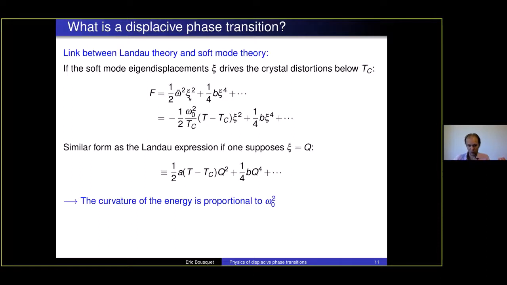We have an energy expression that is going to depend on the atomic displacement squared, I mean the phonon eigenvector squared, plus the phonon eigenvector to the fourth, and so on. And you can describe the energy landscape with respect to this pattern of displacement that I call Xi. But this Xi is coming from the phonon vibration actually. And within this picture, the harmonic part here is directly proportional to the square of the phonon frequency that we have in the system.